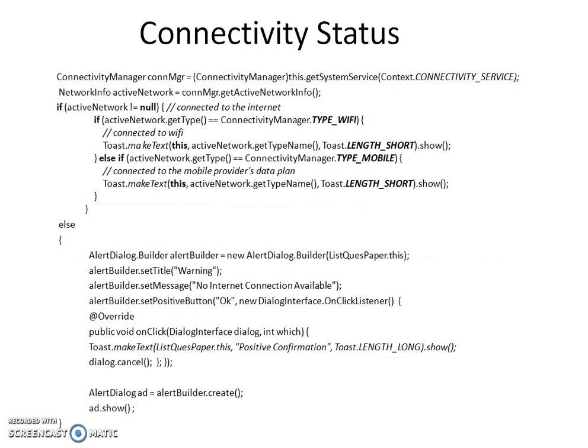Here there is a sample code that has been shown. If we go line by line, here we are trying to get the reference to the connectivity manager. Through the connectivity manager, we are getting the active network. If there is no active network, then the active network will be null. And then we are saying there is no network connection, and please call later. Or if there is a network connection, then if it is connected through Wi-Fi, what we want to do, and if it is through mobile, what we want to do. So those kinds of logic must be built in your program.